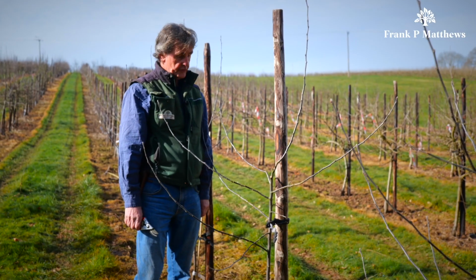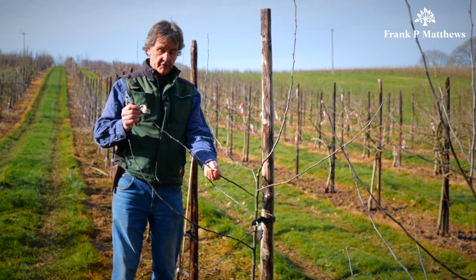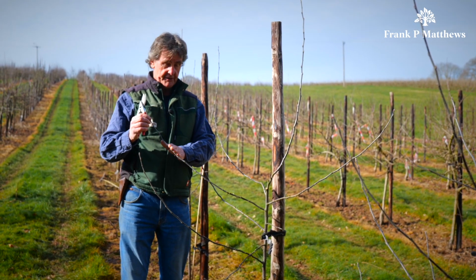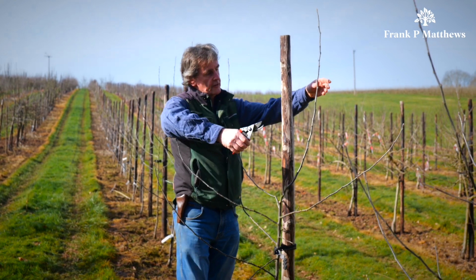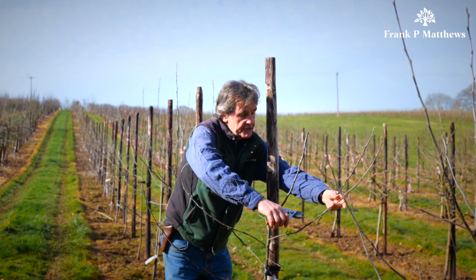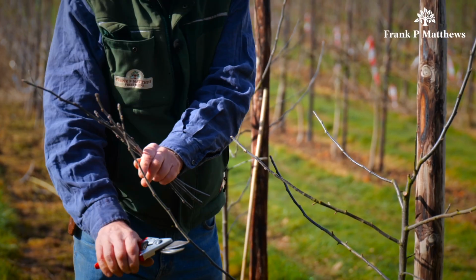The next important thing is to look at the extension growth, which is the last year's growth, and we're going to prune this back by a third on the flat branches and also with the central leader. So we're going to come back to a bud there, and also on these branches,